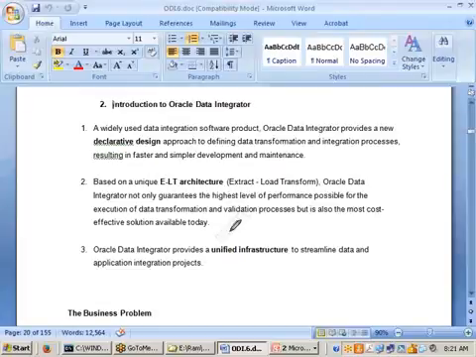Whenever you resign the job, someone comes and sits in our project to maintain it, and understanding the existing code will take a longer time. But here, it is not going to take longer, because the code is everything the same, only a matter of checkboxes. That's the difference. That's why we say it is a unified infrastructure to streamline data and application integration projects.